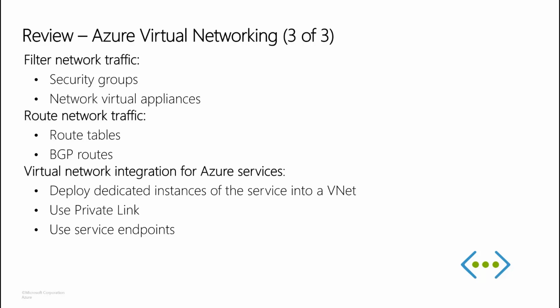How can you route the network traffic? Azure routes traffic between subnets, connected virtual networks, on-premise networks, and internet by default. You can implement either one of the below to override the default routes that Azure creates. First one is a route table. You can create a custom route table with routes that control where the traffic is routed for each subnet.